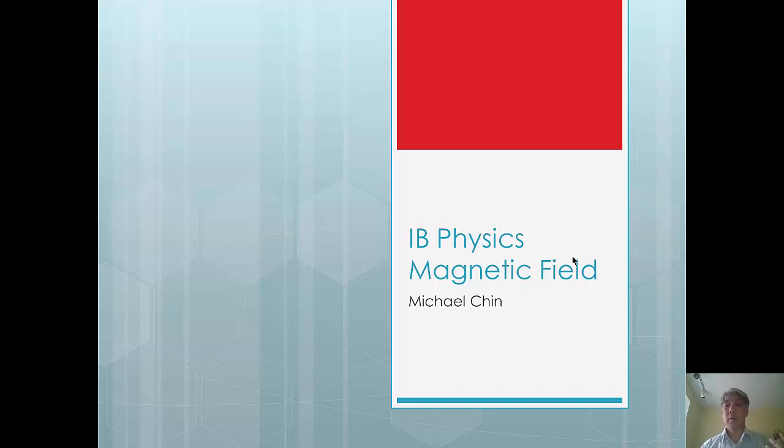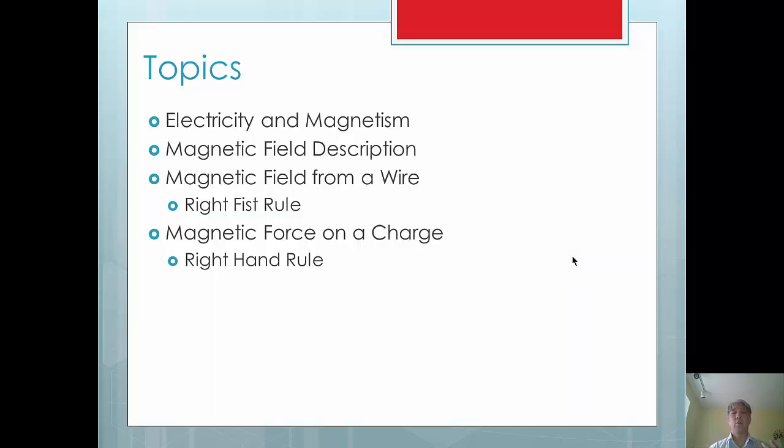So this lesson reviews what we covered last class and goes a little bit further in terms of describing the right fist rule and the right hand rule. These rules are going to be practiced in the various worksheets. Just as a review, what we're talking about here is electricity and magnetism, and what the magnetic field